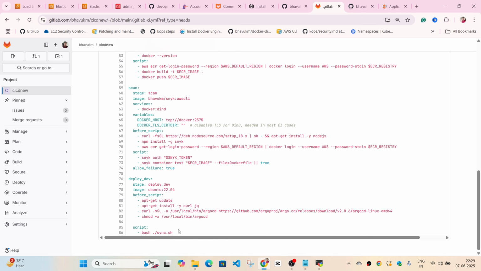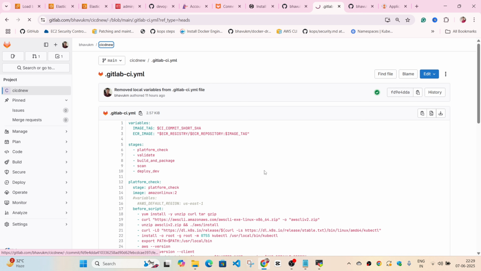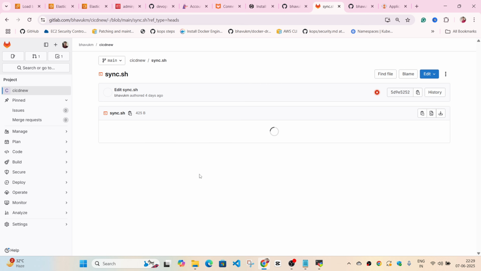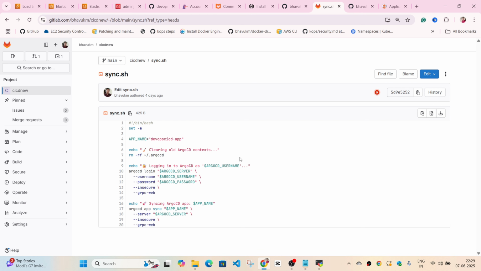And if I go back, you will see I'm using a script also, which is sync.sh. It has some steps related to this last stage in the pipeline. So let's see that also. If I go here, I can go to this snyk.sh, and you can see some stages related to Argo CD. What I'm trying to do is use the Argo CD username and password to authenticate to Argo CD and perform the sync with the existing application that I have already created earlier on. I'm going to use this argocd app sync command to sync my changes to the latest one,